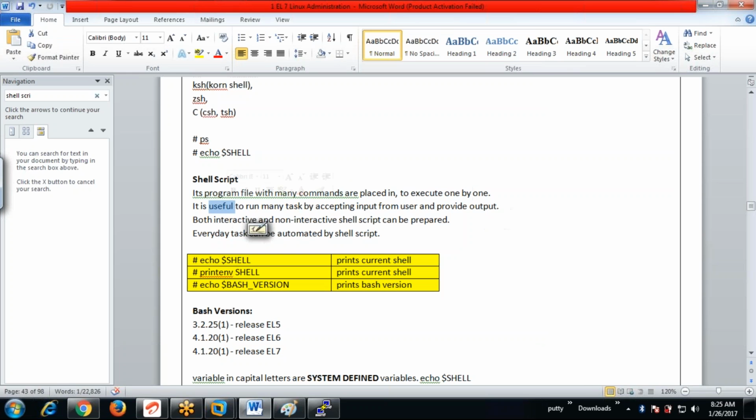It is used to run many tasks by accepting the input from the user and providing the output. We can prepare the shell script in both an interactive and a non-interactive way. Okay. So every day,